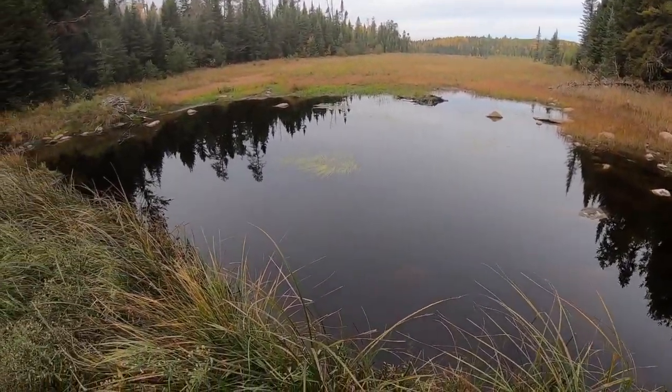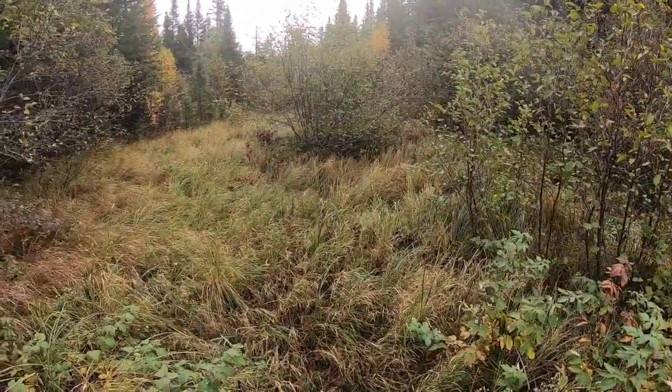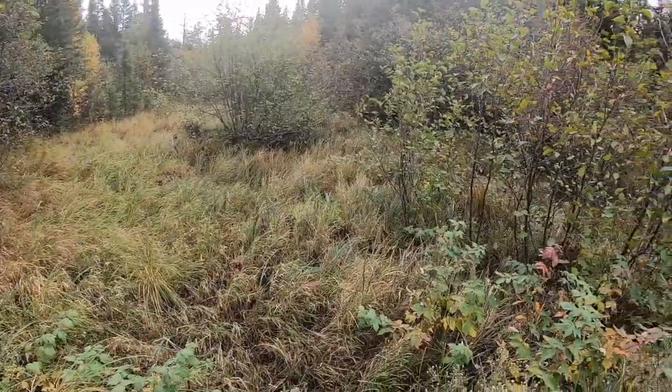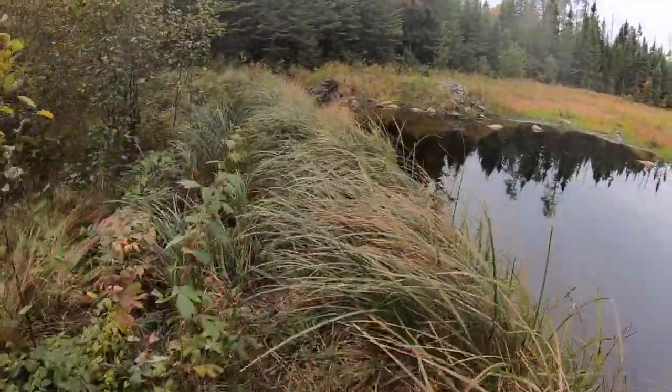Here's our view of it. So pretty. So the Beaver Dam crossings on Snow Bay, they're more like this. Oh, really? Because that was actually, despite the long walk, kind of delightful. They were more like